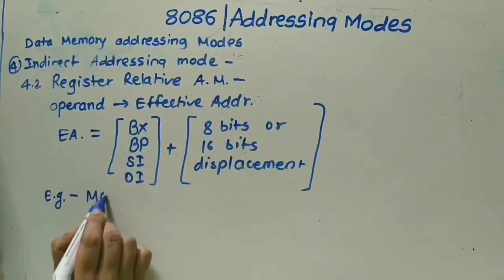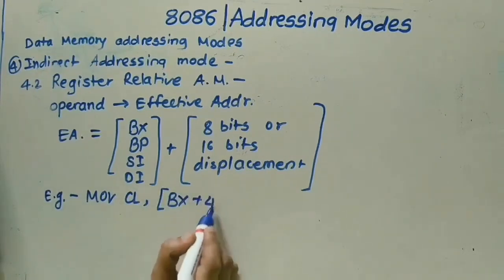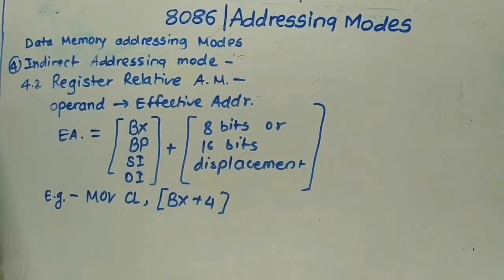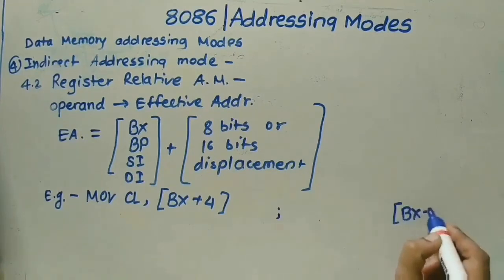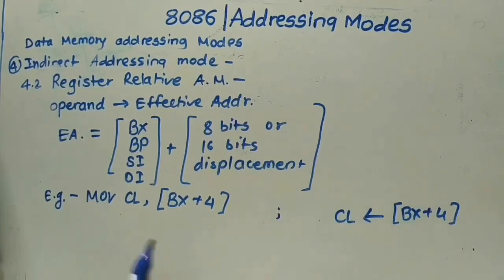MOV CL, [BX + 4]. So what happens here? A byte from the memory location pointed to by BX plus 4 in the data segment is moved to the CL register. It means the contents of the BX plus 4 location are moved to the CL register. The physical address of the operand is calculated as DS into 10H